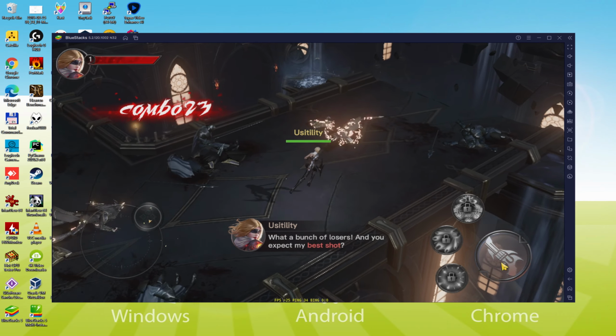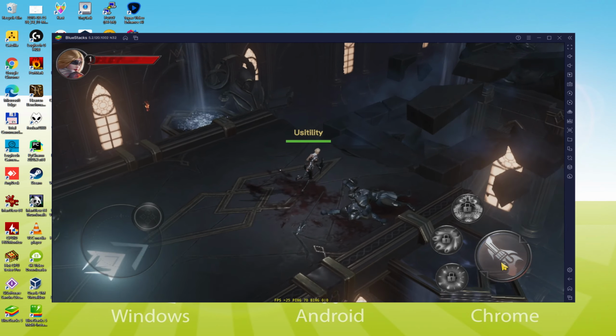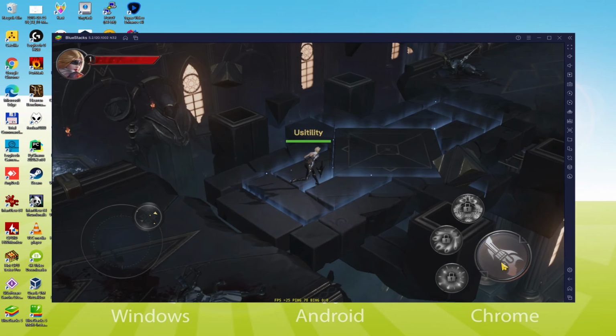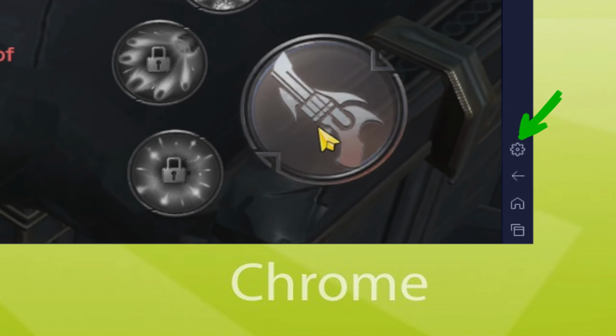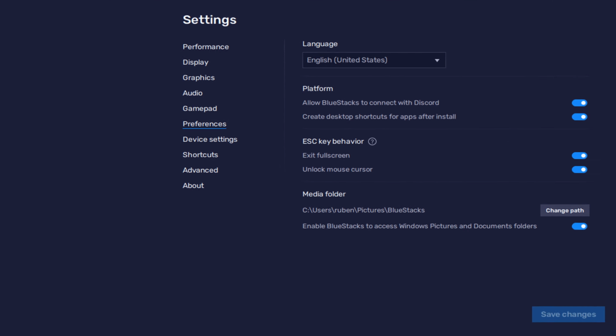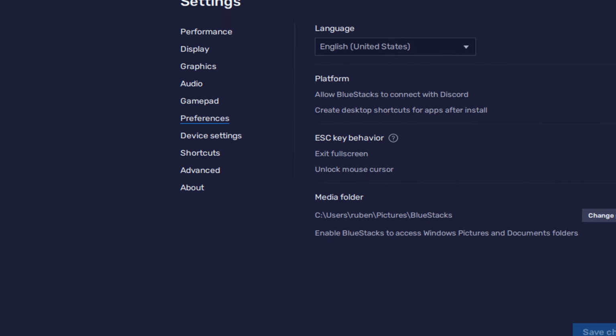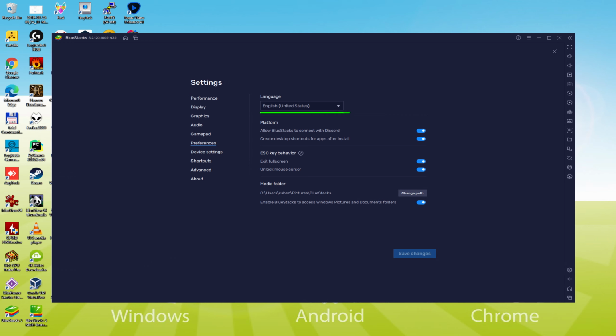Sometimes it happens that your emulator is presented in the wrong language, for example, in Mandarin. To set it in the appropriate language we click here on the cogwheel. And here in additional configuration settings, we just click that language drop down. We can choose the language we want, German, Japanese, and so on. After the language is selected, we save, and the emulator will restart, along with the game application. Next time we use it, it will of course be in the chosen language.